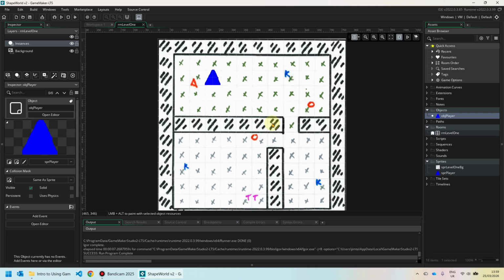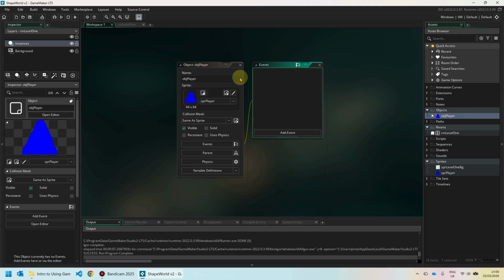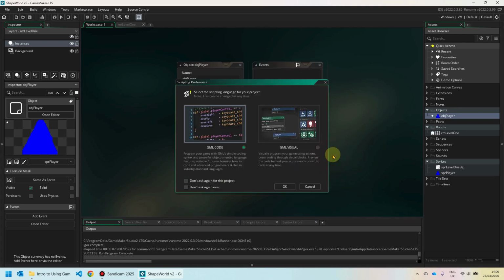And in order to do that, we need to add some code to obj_player. So to add the code, I'm going to double click obj_player, and you'll see again this dialog pops up here. And on this right hand side, I'm going to click Add Event, and I'm going to go to Step and Step again. And when I do this, you'll see this screen pop up, and it's asking me whether I want to use